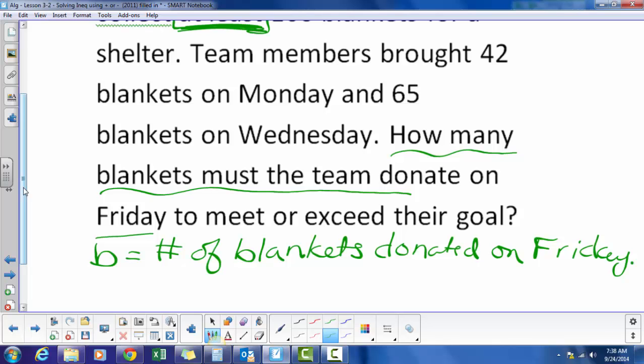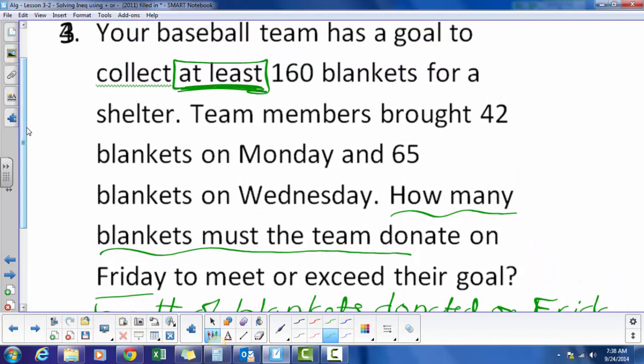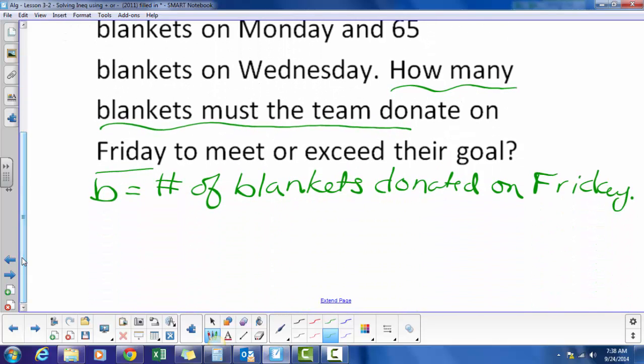Okay? Let's go back to this word at least. When I see the word at least, that makes me think of at least 160. That means I need 160, so it's equal to 160, or anything more than that. Yesterday we talked about that word at least, and we said that at least is greater than or equal to. So we can write an inequality for that. So at least, greater than or equal to